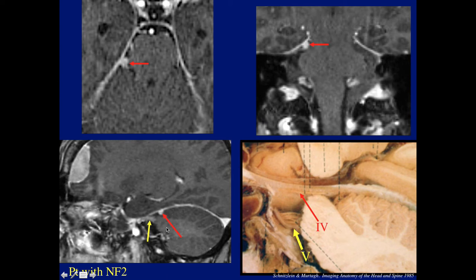We can see again on the sagittal plane, here's the trigeminal nerve, and here's this lesion attached or next to the tentorial edge. And on this anatomic diagram, this is the tentorial edge, and the outline, this tiny structure as being the fourth nerve. Here again is the trigeminal. So in this case, we don't really know, is this a tiny schwannoma or a tiny meningioma attached to the tentorial edge?